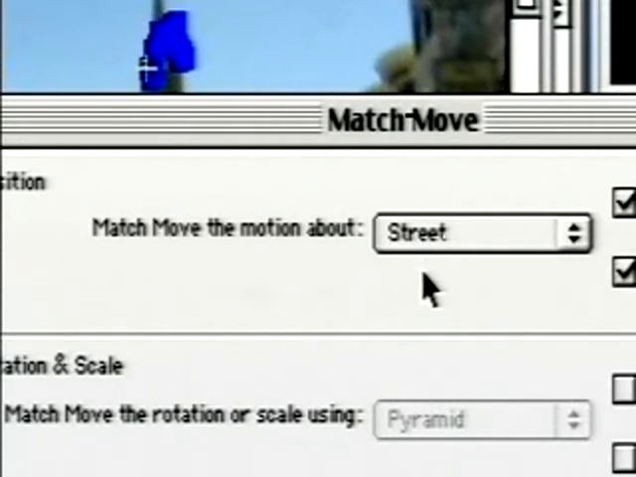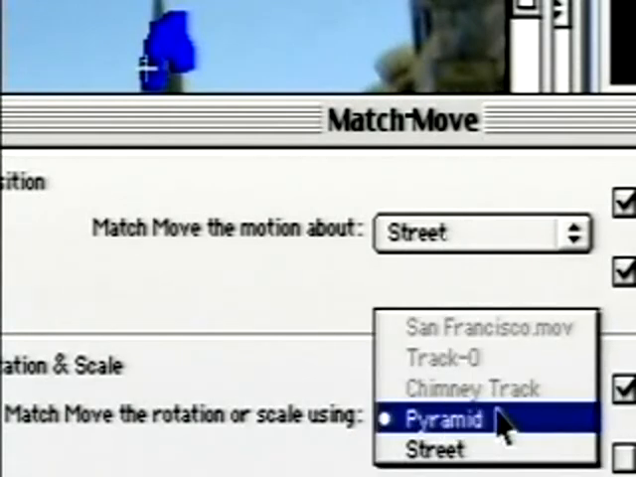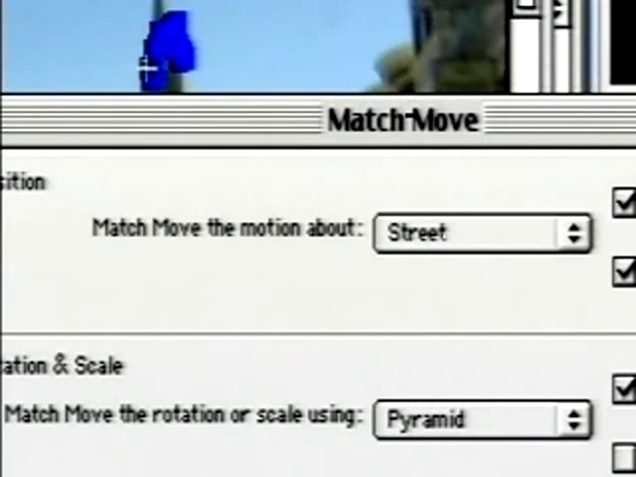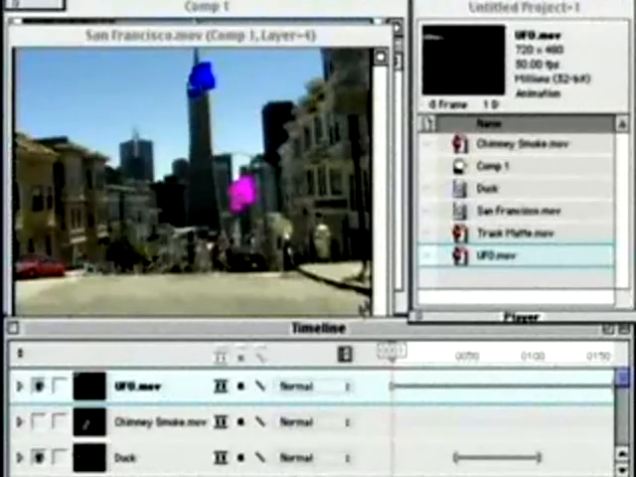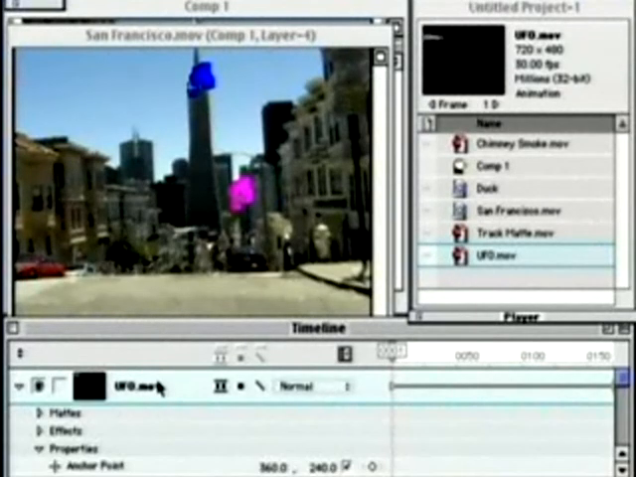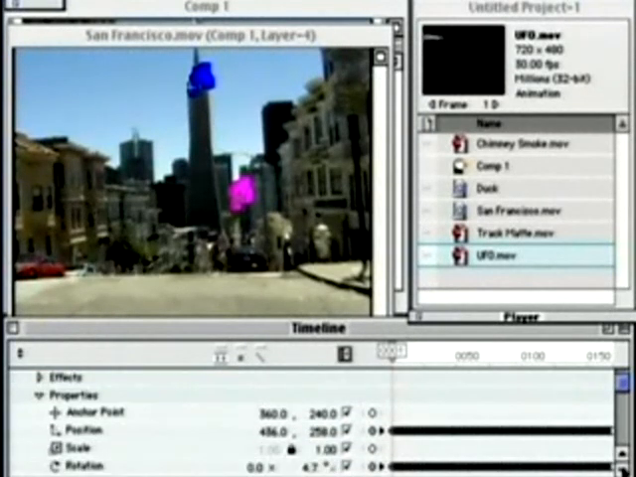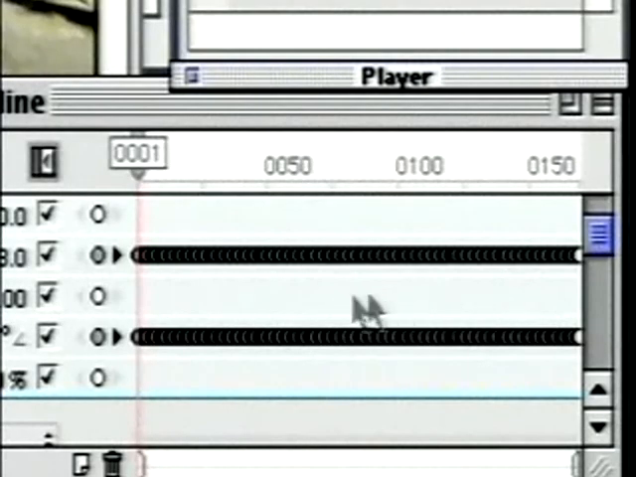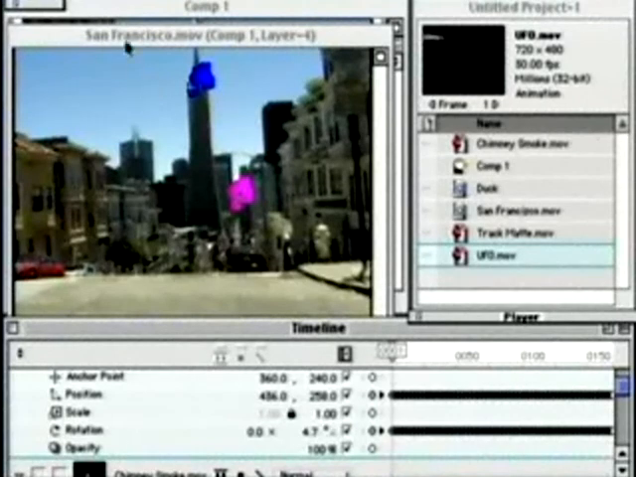We also want to add rotation and scale, so we'll click on this dialog box here, and we'll keep that on the pyramid tracker. Let's go ahead and click OK. So let's go ahead and reveal the properties of our UFO clip to make sure that the keyframes have been added properly. I'll scroll down, and as you can see, underneath the position and rotation, the keyframes are now in the timeline. So let's go ahead and close the San Francisco movie clip that we used to track